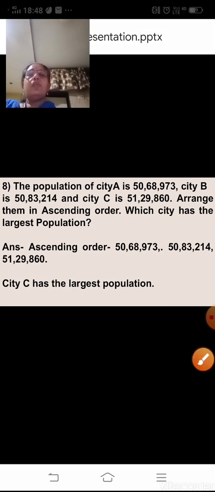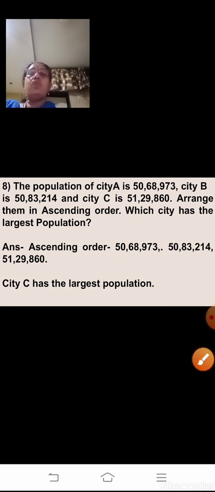Now we have finished with this word problem. So what I want you to do is go through the sums again and try to solve them again on your own. In the next class we will be revising all the concepts, and I will be giving you some sums as a home assignment which you have to do.